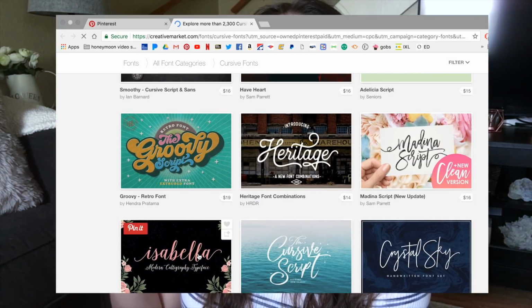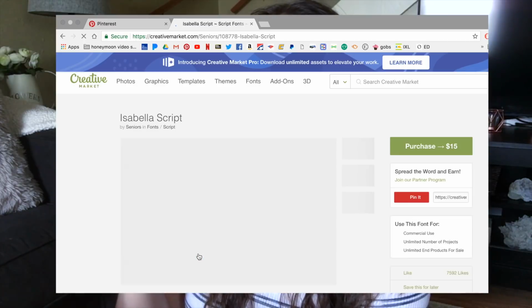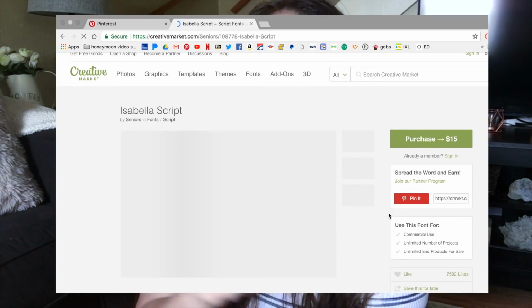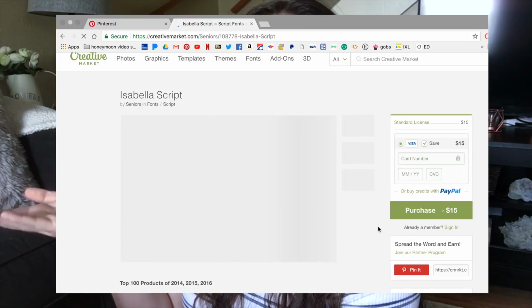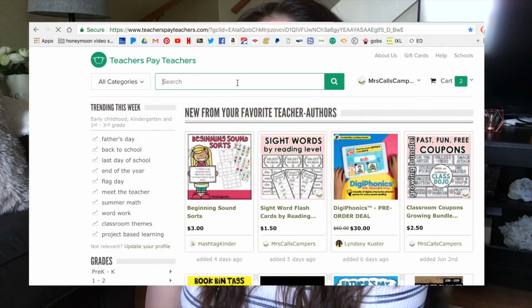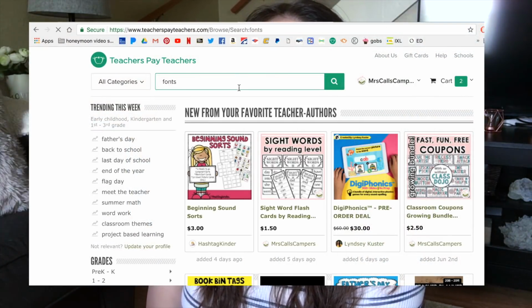So keep in mind, it's really, really important to know which fonts you can use in your products and which fonts you can only use for yourself. So I really like Pinterest for searching for fonts. A lot of times Pinterest will have lists for you that other people have created that have similar fonts with them, okay? Another place you can go to is Teachers Pay Teachers, which is a really great way to support